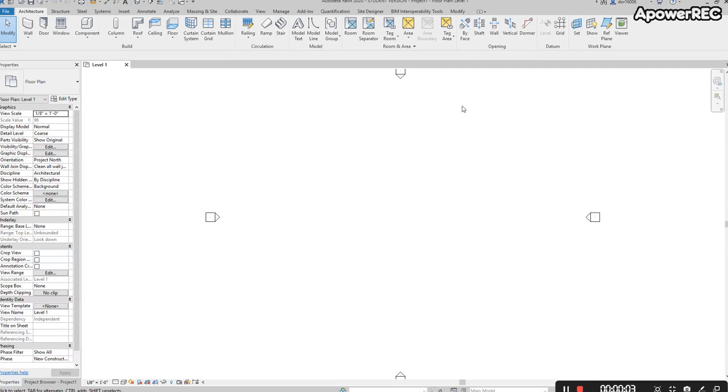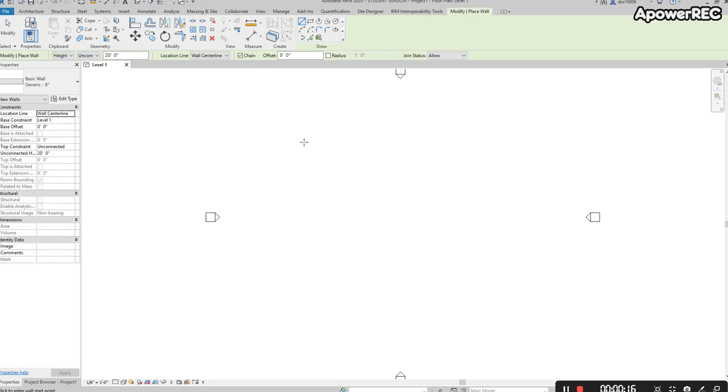Okay, so today I'm going to go over how to do rooms, room tags, and separate the rooms, kind of this area right here. So first we're going to go to the wall section here, and we're just going to make